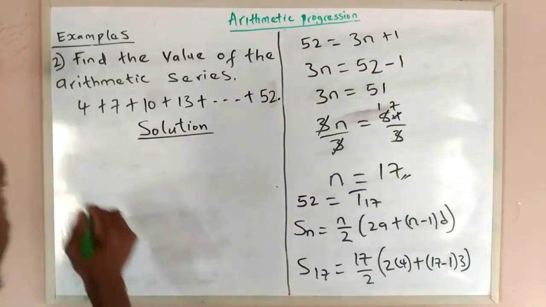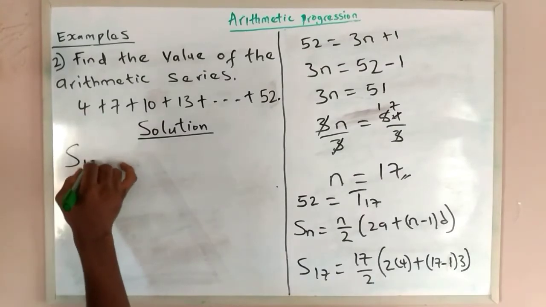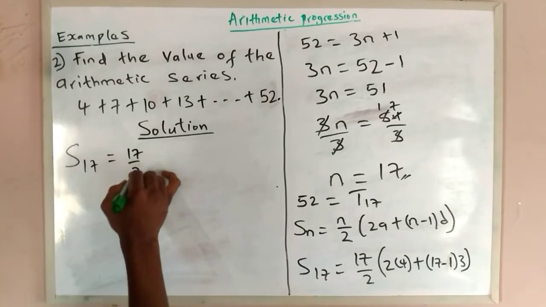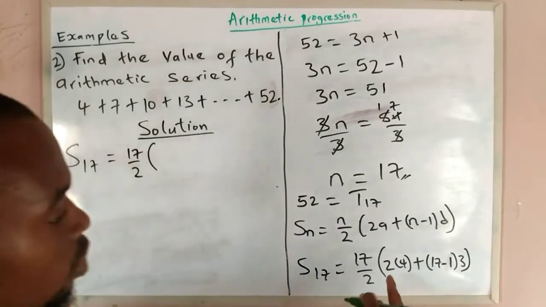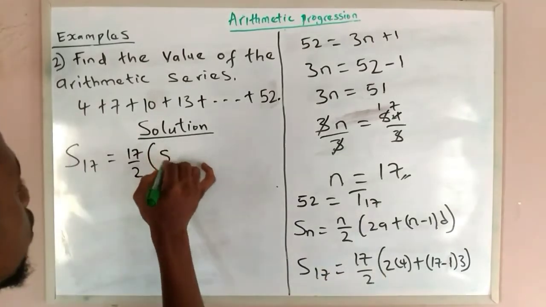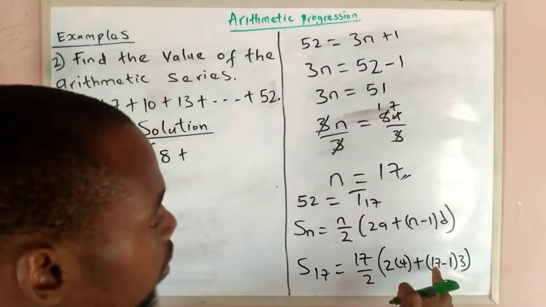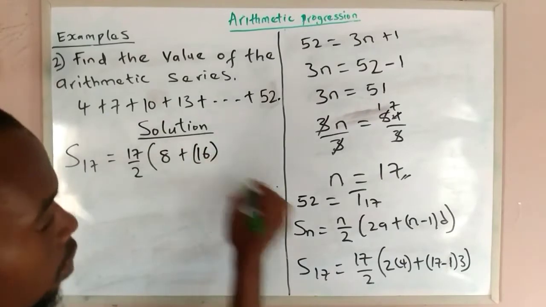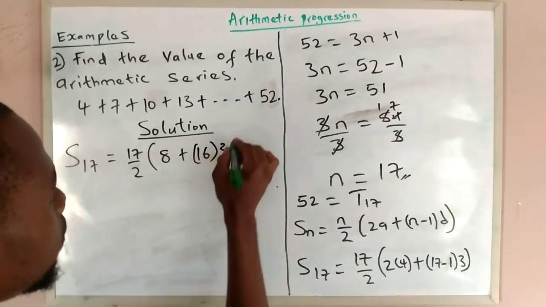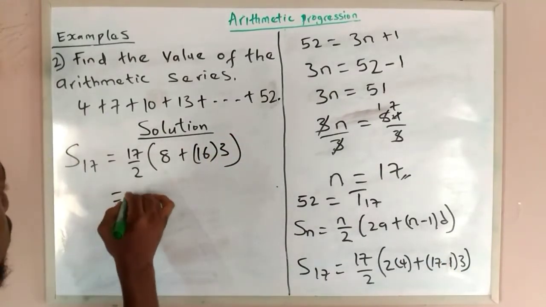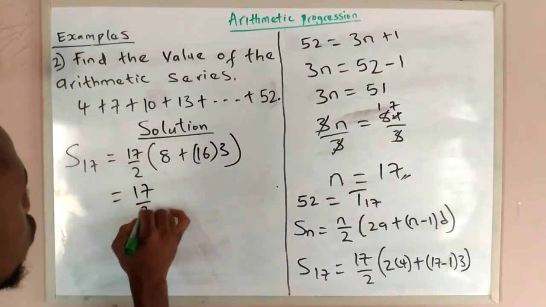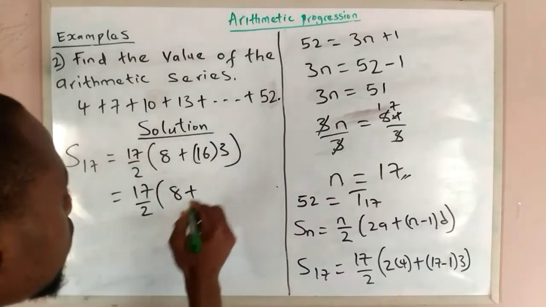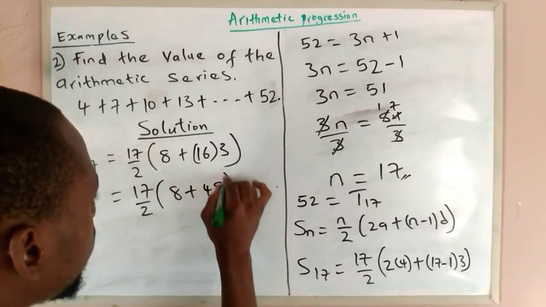From here, we have our sum of 17 terms is equal to 17 over 2 into brackets 2 times 4, that will be 8, plus 17 minus 1, that will be 16, multiplied by 3. So we have 17 over 2 into bracket 8 plus 16 times 3, that will be 48,